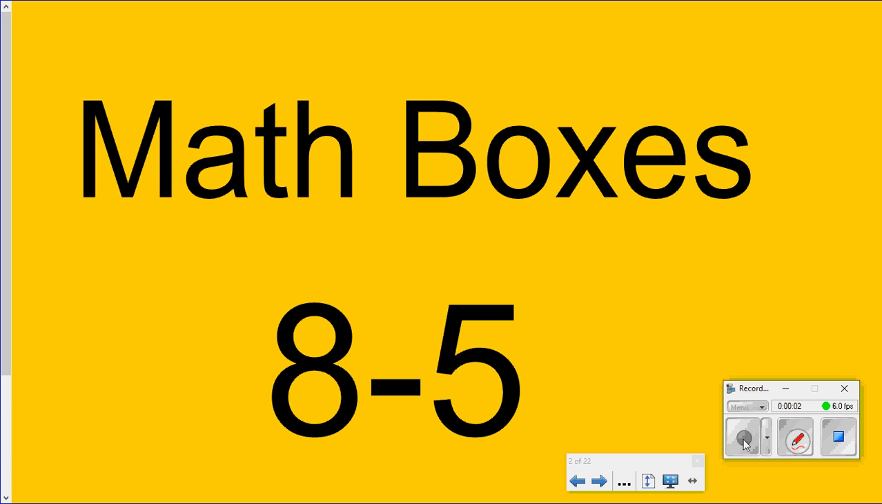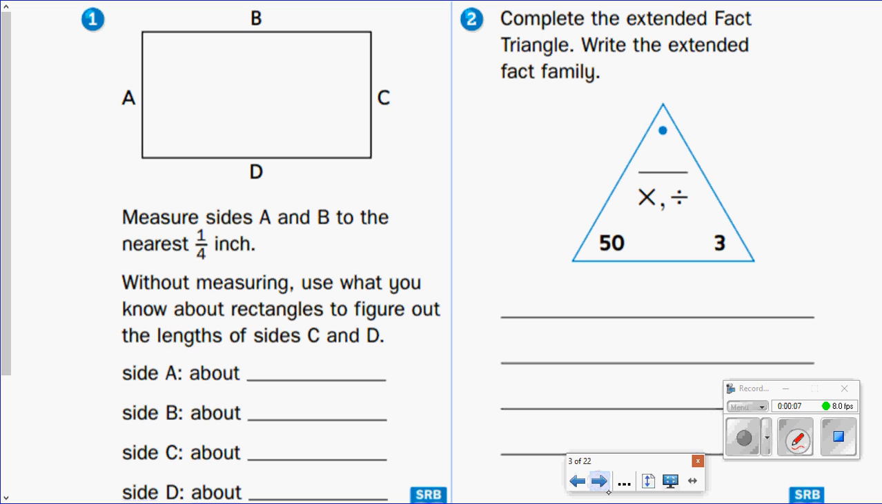Okay, boys and girls, let's get ready for Math Boxes 8-5. All right, on the first one, it says you are to measure the sides A and B to the nearest 1/4 of an inch. And remember, if we just measure A and B, then A is opposite of C, so they're going to be the same, and B is opposite of D, so they would be the same. All right, so if you would get out your ruler and measure these,